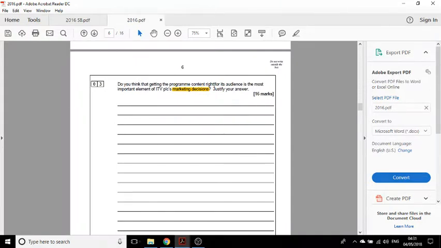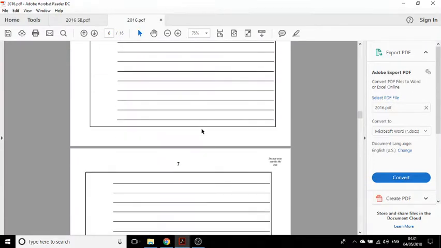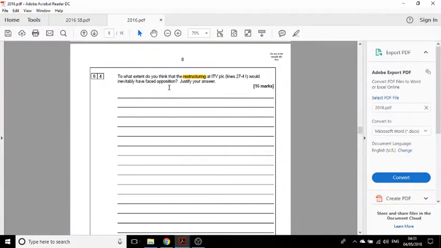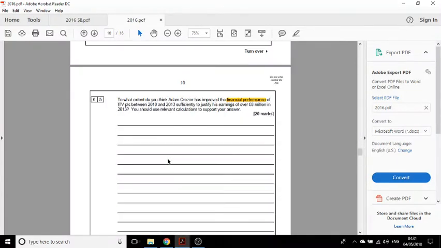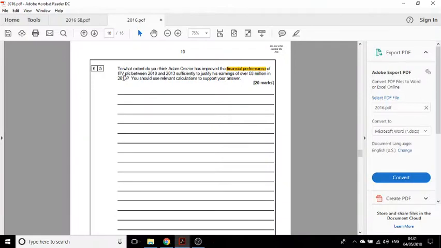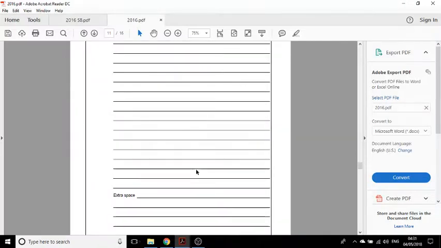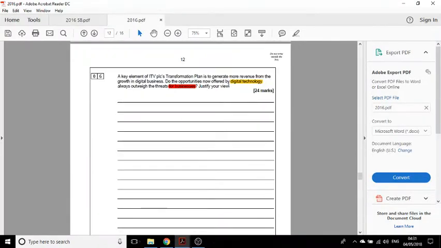Do you think that getting the program content right for its audience is the most important element of ITV's marketing decisions? So we're going to look at the marketing decisions that they've made, particularly probably in relation to the 4 Ps or the 7 Ps. To what extent do you think that restructuring at ITV would inevitably have faced opposition? Okay, so I'm going to be looking for information about restructuring. To what extent do I think that Adam Crozier has improved the financial performance of ITV sufficiently to justify his earnings using relevant calculations? And then finally, final question,